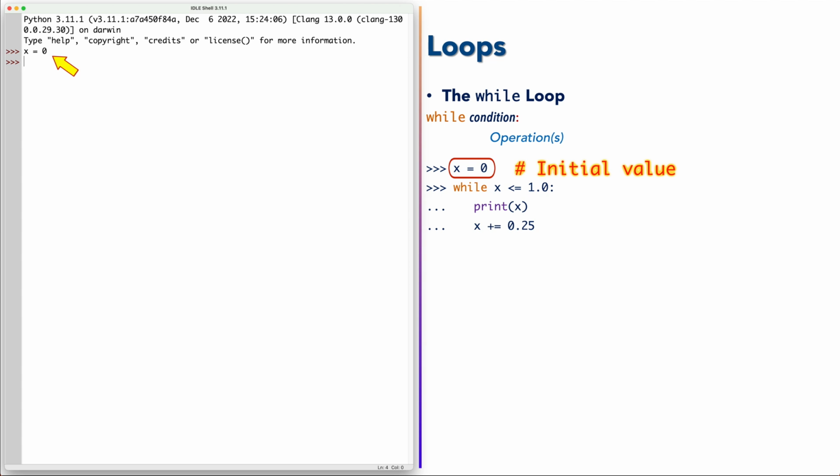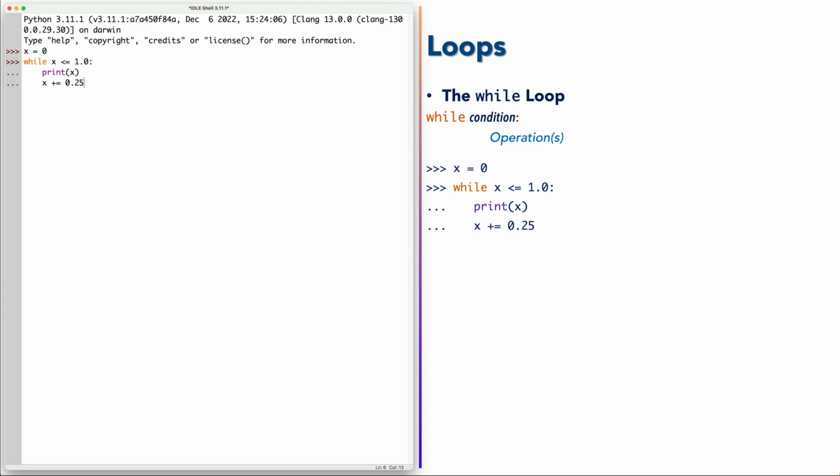So x must be already defined from a previous definition, like here in this situation, x equals 0, or from a previous set of calculations. Again, we don't forget the colon. Then we print the value of x. So we have here the increment statement